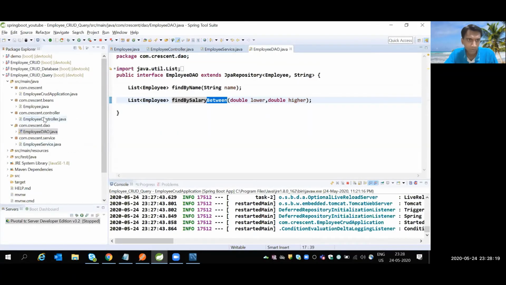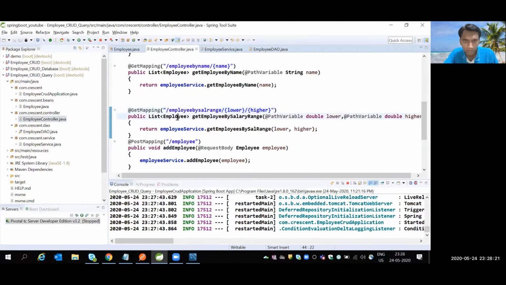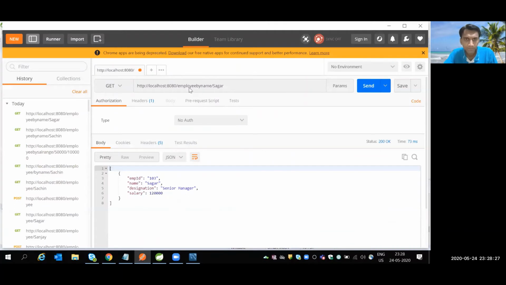Okay, so let me copy the URL, employee by salary range, slash 50,000 and 1 lakh.